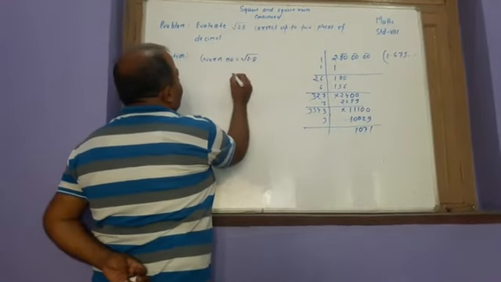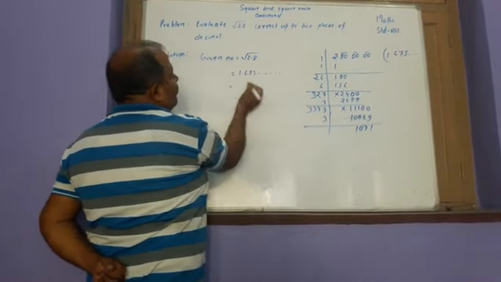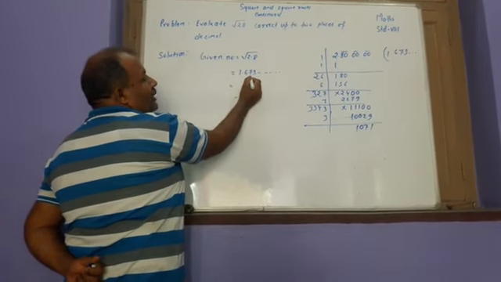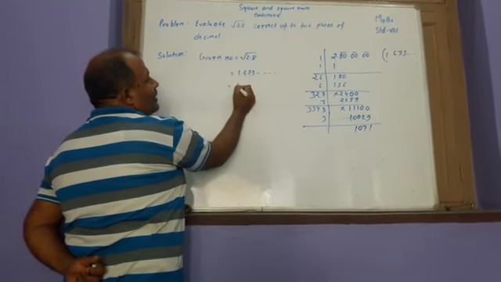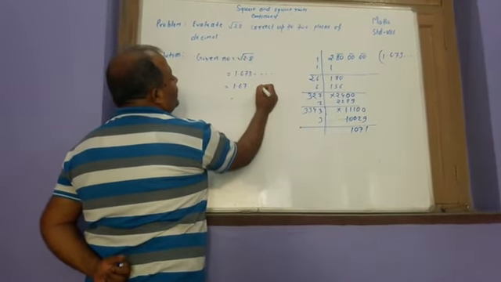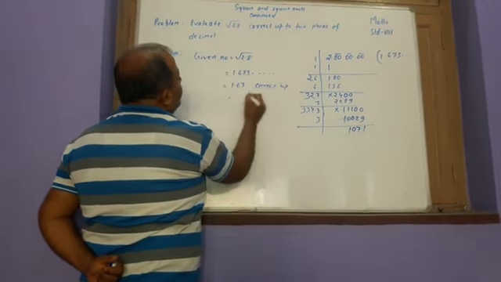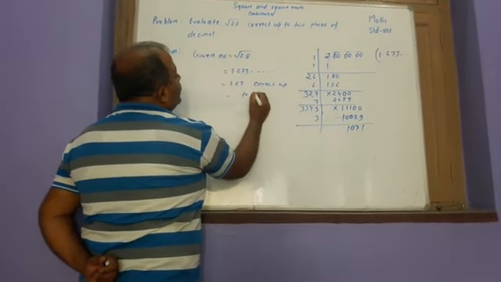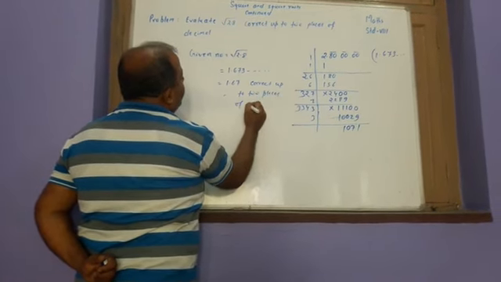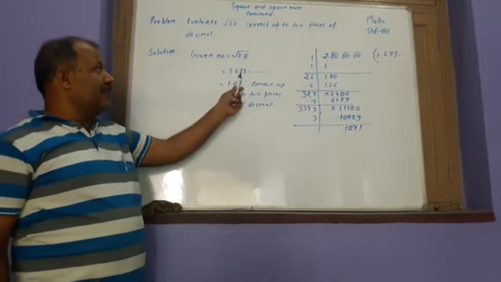See here, it is 1.673 and so on. But here the third digit is 3, therefore there is no need to add anything here. It will be 1.67. This will be the result correct up to 2 places of decimal. This is an important thing.